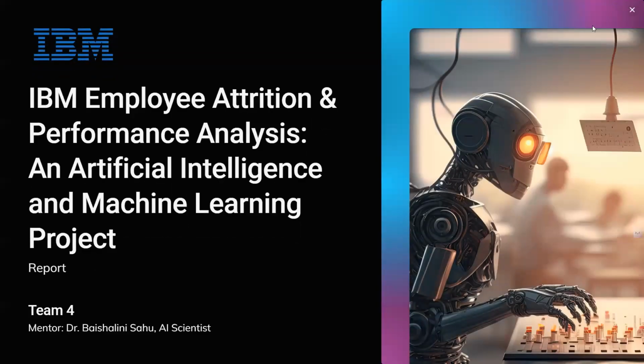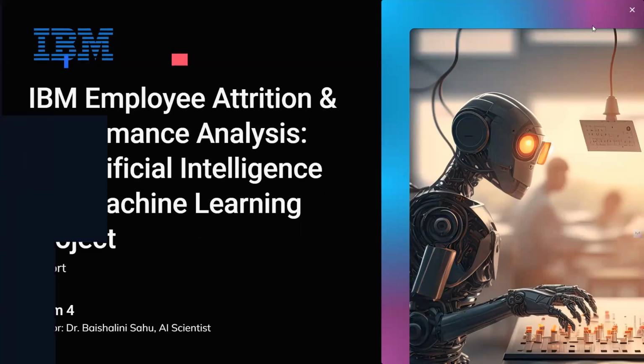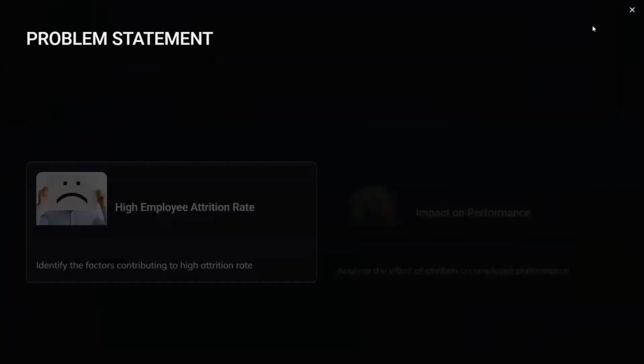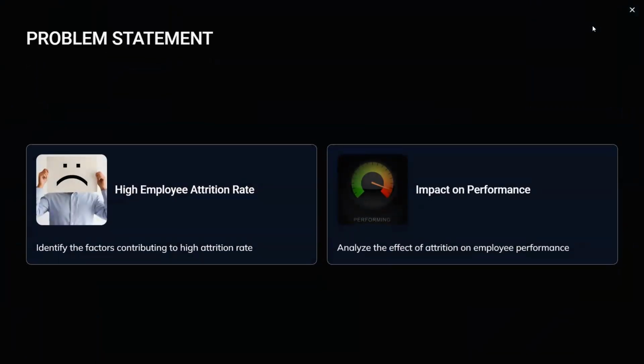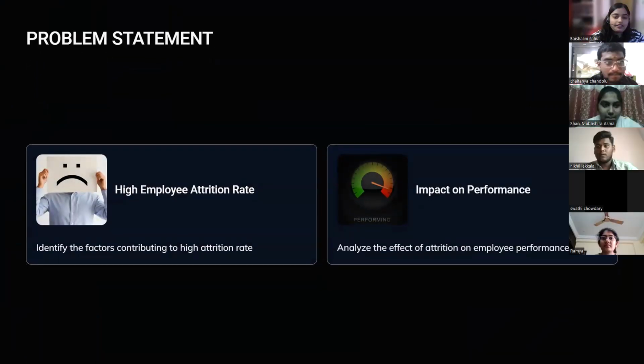So, as a project, as we all know, IBM employee attrition and performance analysis. So, let's see the main problem statement. What happens is often employees drop from the company. They choose another job or another domain, like businesses. So, when a company loses the talented personnel,